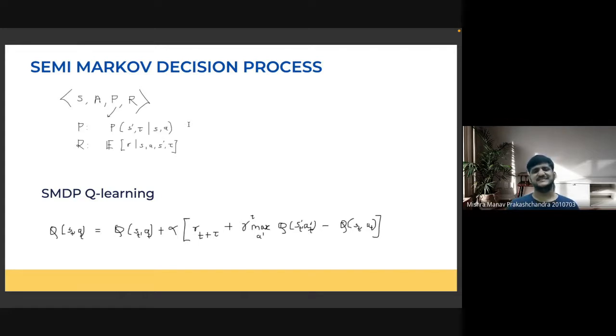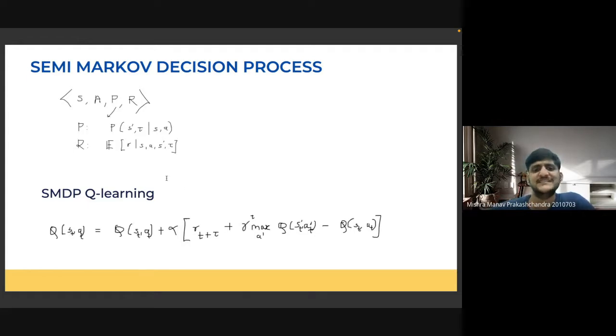This is in general supposed to be a joint distribution, but from legacy terminology, people have been using s prime and tau in a decoupled fashion. So both of them correspond to different transition probabilities.